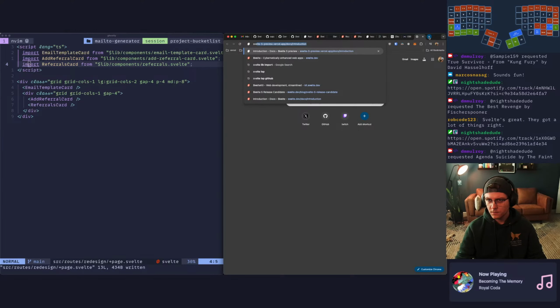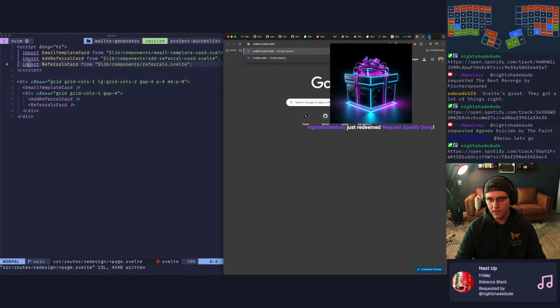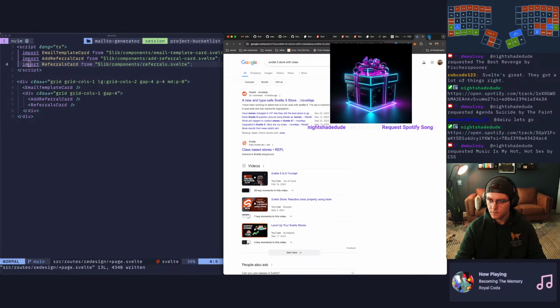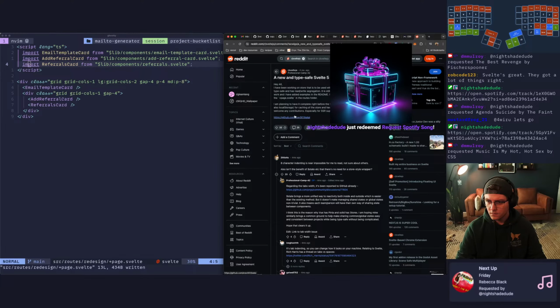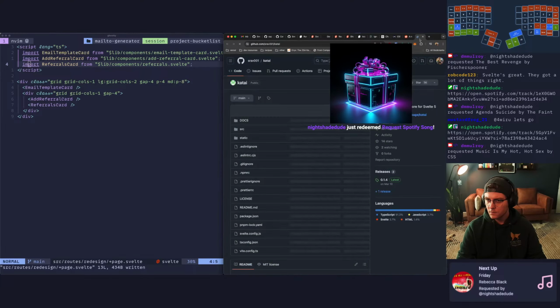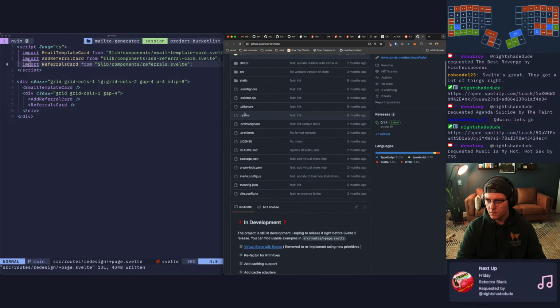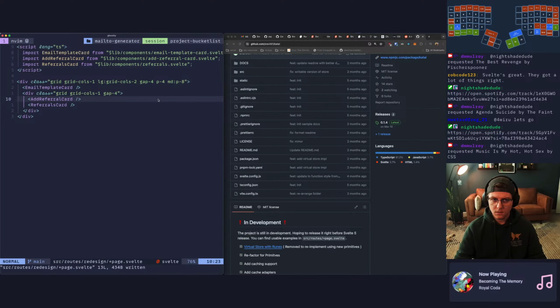Svelte 5 store with class. No. Let's just do it in this file for now, I guess.